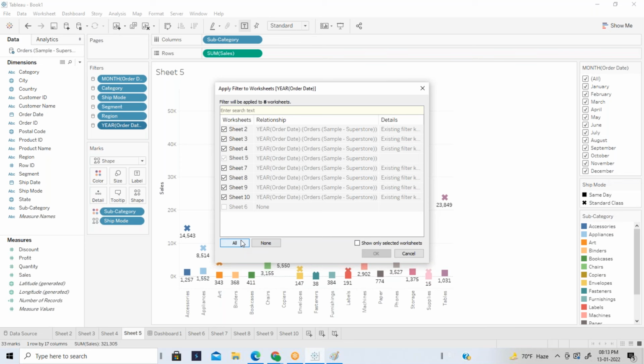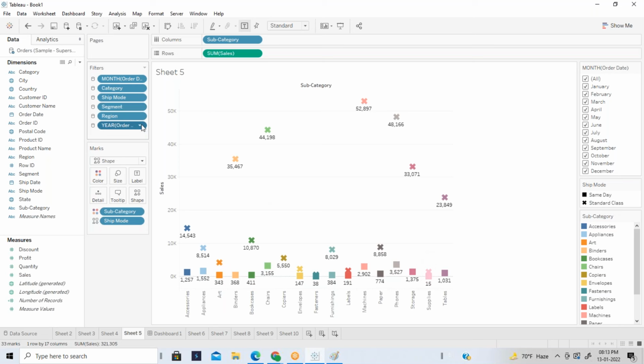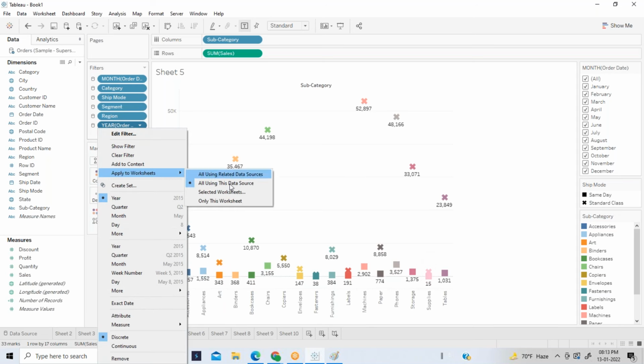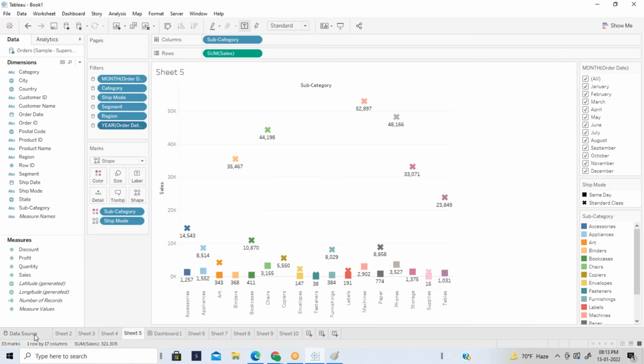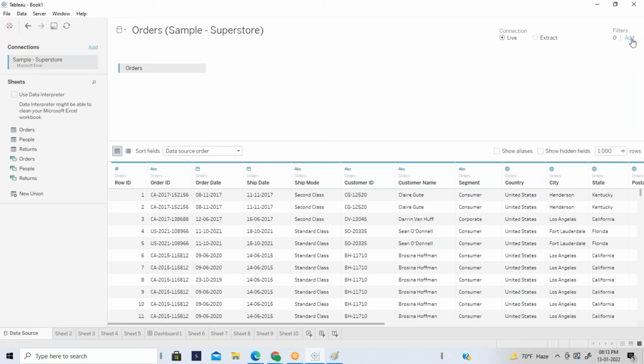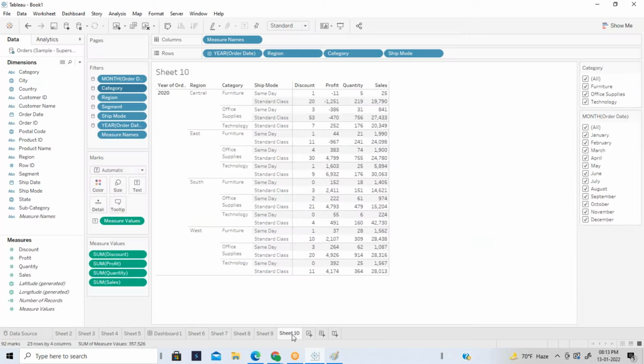But when you try to create a new sheet and add that, at that time this filter will not apply to that particular sheet. So in that case, you have to choose as a data source. Go here and select the worksheet. Use the data source instead of the selected worksheets. Initially in the data source also we have added some filters, right? Both are the same. You don't see that filter is applied, but internally the filter is applied at the data source level only. Correct. Okay. Right. Thank you.